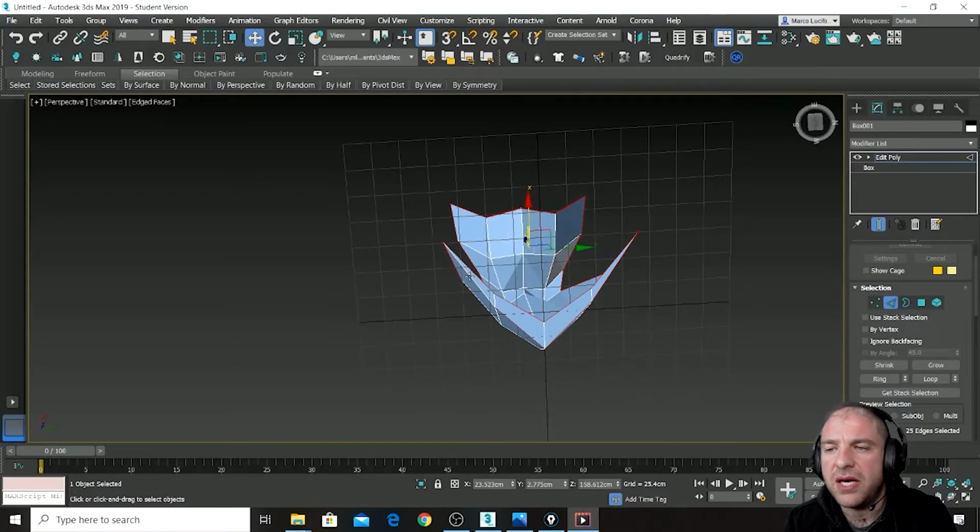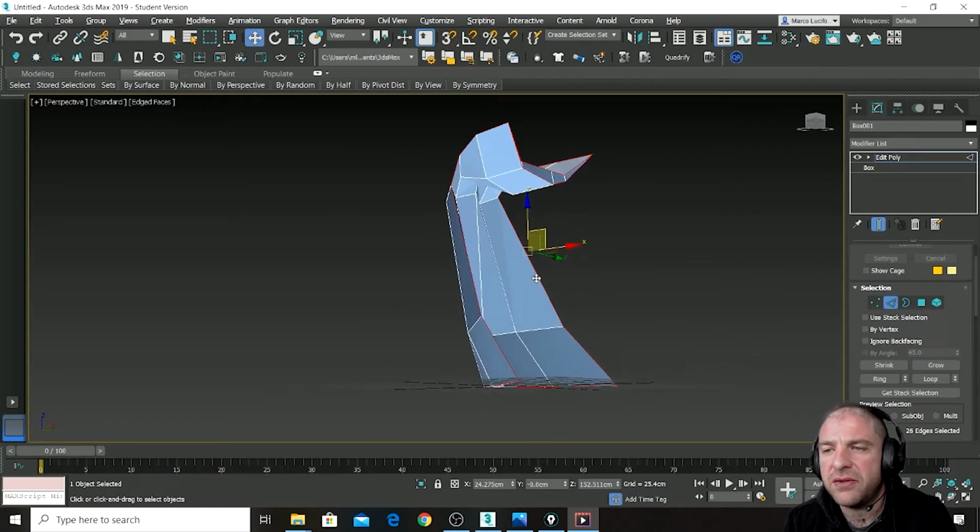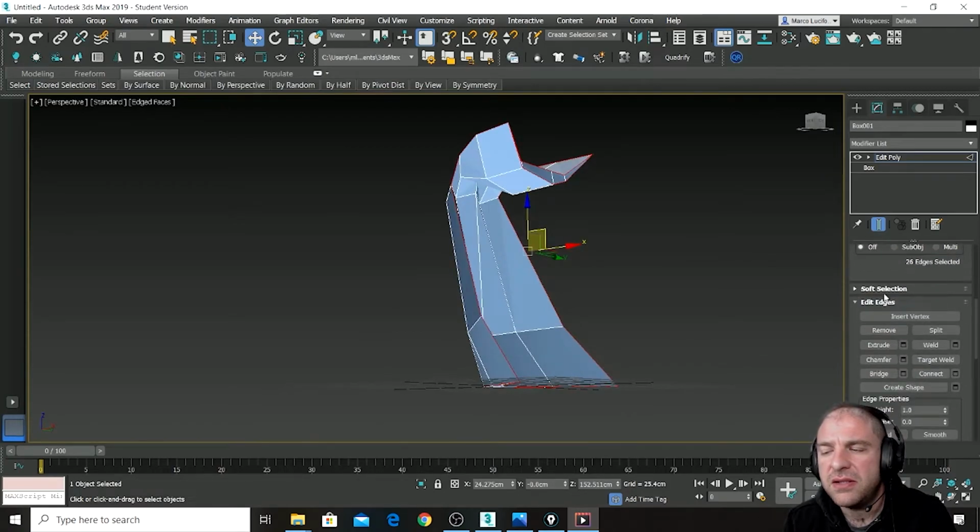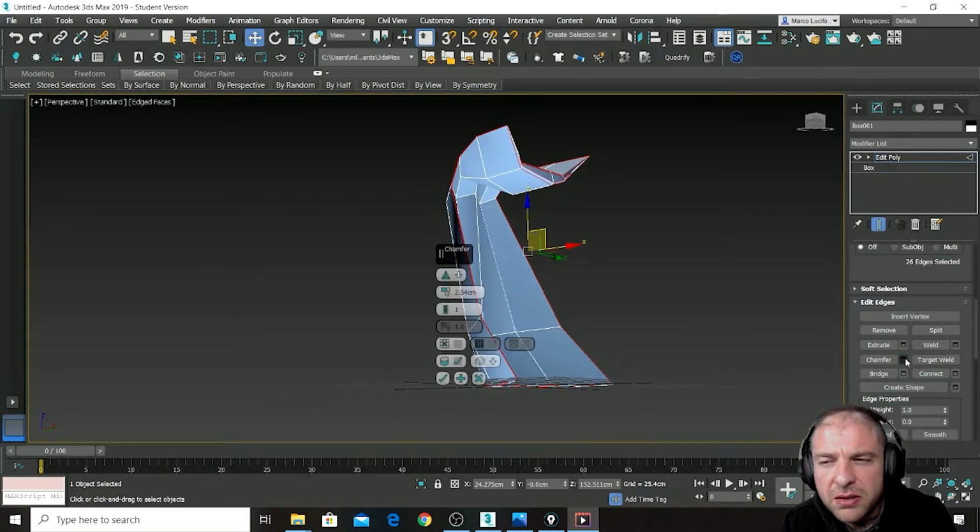So it takes a while, but I select all these edges, double check that I've selected them all. Yes, I did. I apply, look, a very tiny